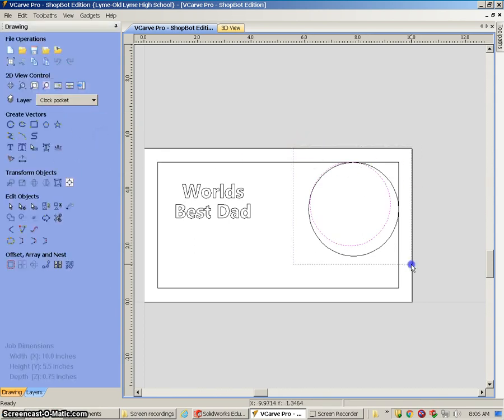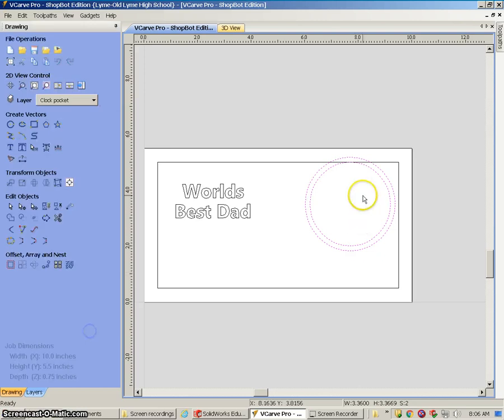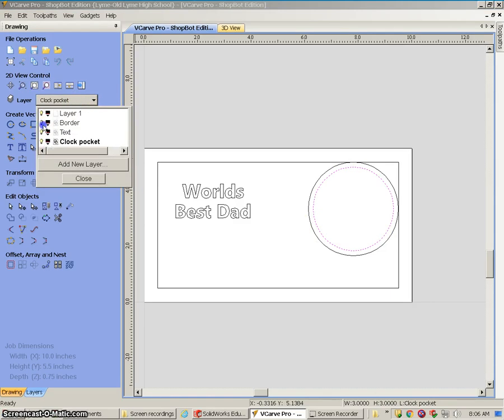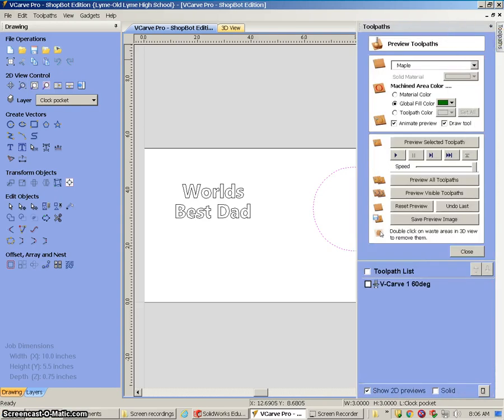Now I'd like these things to line up together, so I'm going to center those selections together, and then you can highlight them all, and if you use your arrow keys you can move things around. So the inner circle represents what we're going to cut away. I'm going to temporarily turn our borders off so we can't see them, and we're just looking at the artwork here. If we go up to toolpaths now, we're going to learn how to put in,